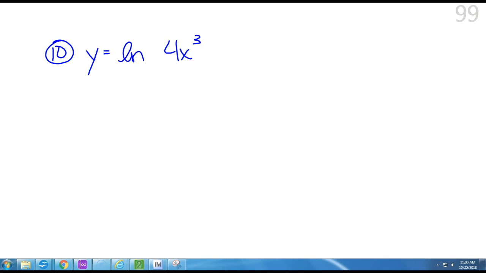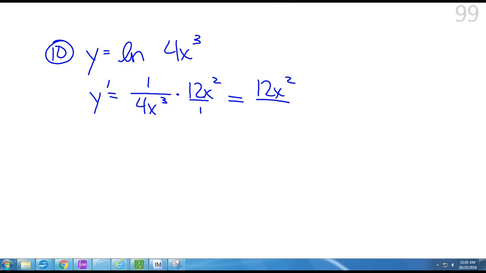The derivative of natural log of something is 1 over that thing. So the big guy's ln, the little guy's 4x to the third. The derivative of ln is 1 over whatever was being ln'd. But there's still the chain rule part, right? So I have to multiply by 12x squared, and then almost all of these, because of the way fractions work, you're going to be able to simplify this. So if you put that over 1 and multiply it across, or start canceling, you can do it a couple different ways, but if I'm doing it step by step, this is now 12x squared over 4x to the third, which is really